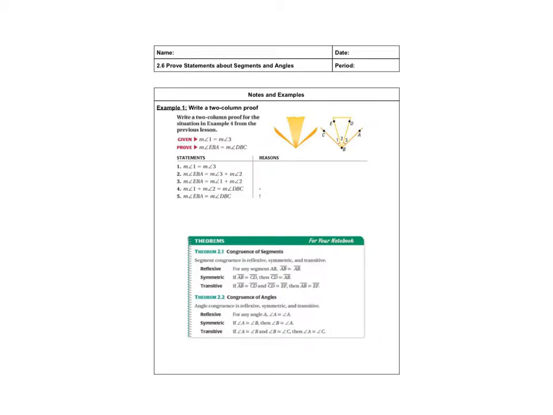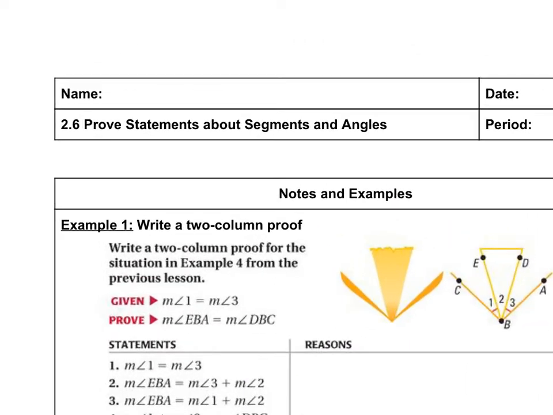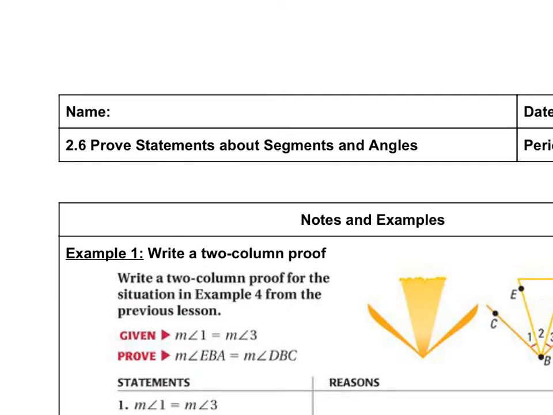Hey class, Mr. Husted here, and today we're talking about Chapter 2, Lesson 6, and we're still in proofs. We're going to talk about proving statements about segments and angles. So we're going to start off with a two-column proof,